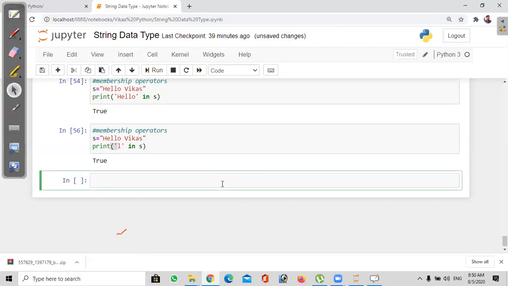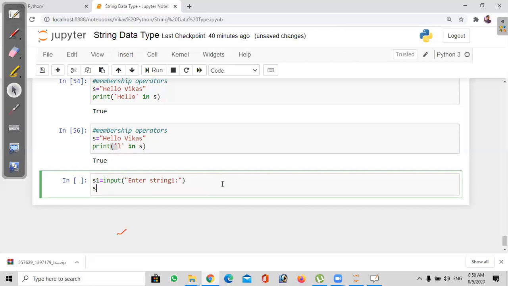So next thing, for example, comparison: how to apply comparison operations between strings. For example, I have two strings here, s1 equal to input, where we ask the user to enter string 1, and s2 equal to input, string 2.